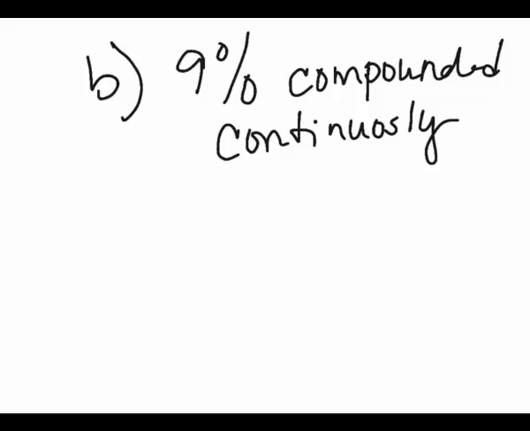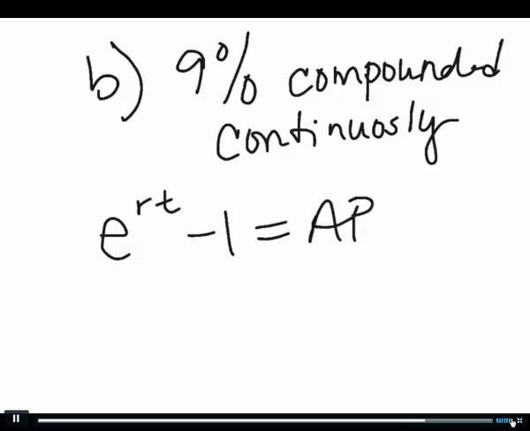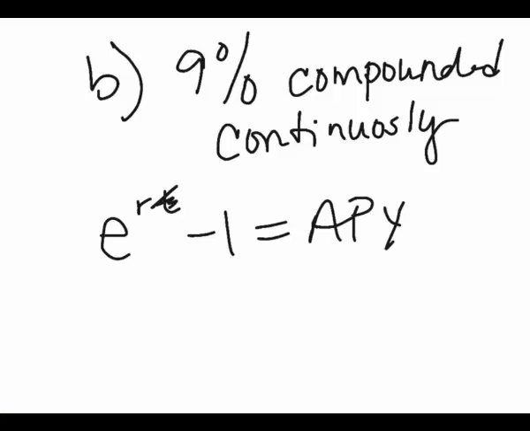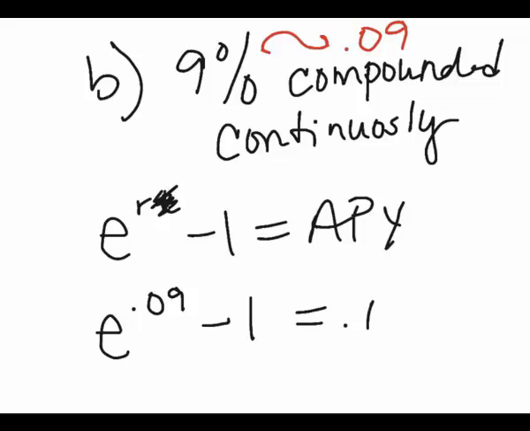All right, since it's compounded continuously, we're going to use e to the RT minus 1 equals your APY. But remember, T is just 1 if we're talking about APY, which is where we got the formula e to the R minus 1. So you should have e to the rate, which we're changing to 0.09, so e to the 0.09, minus 1, and I get